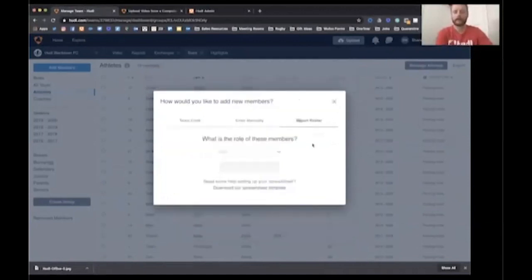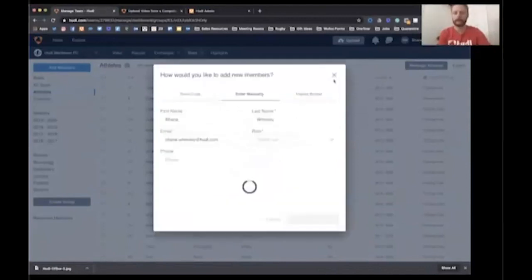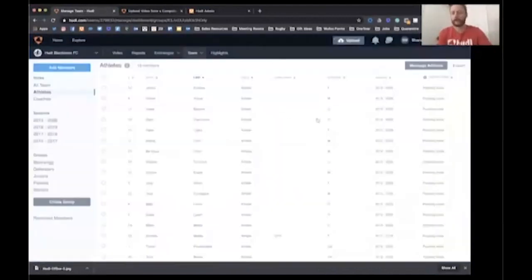Or the other thing that you can do is if you've got a CSV or an Excel file, you can just import that. So you can click on whether it's athletes, coaches, or admins that you're looking to import. It'll tell you which. You can download the spreadsheet template here, and you just fill in the relevant details and import it, and then it sends an email to them as if you'd entered it manually. Once you're done, all your members will have access to the account.